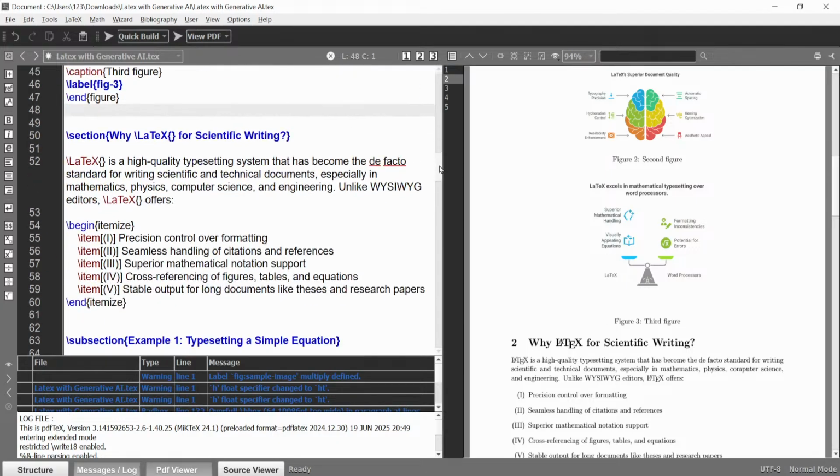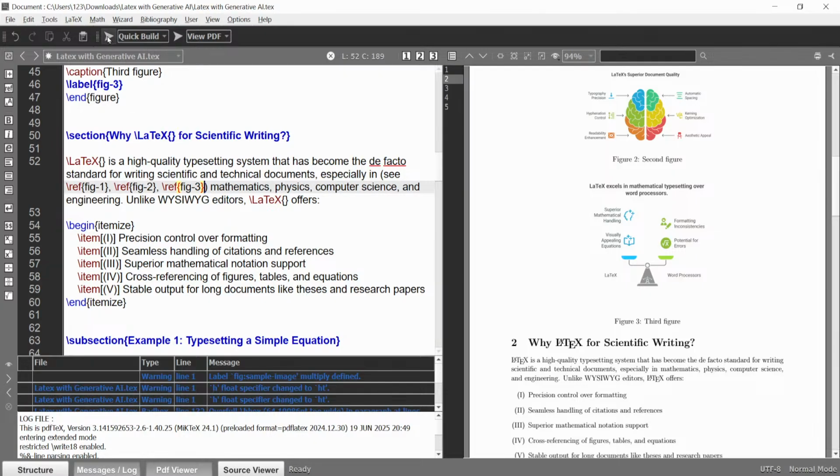If I want to give a reference to these images, how can I do it? See, use backslash ref, and you can use fig 1, then backslash ref fig 2, and backslash ref fig 3.